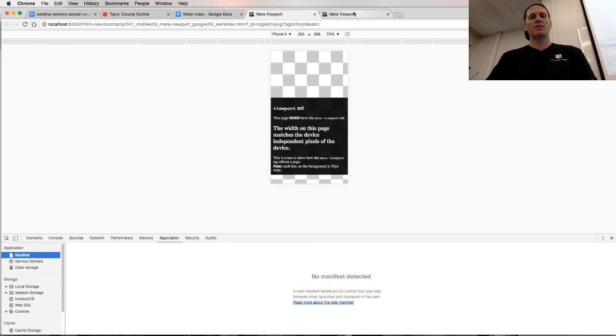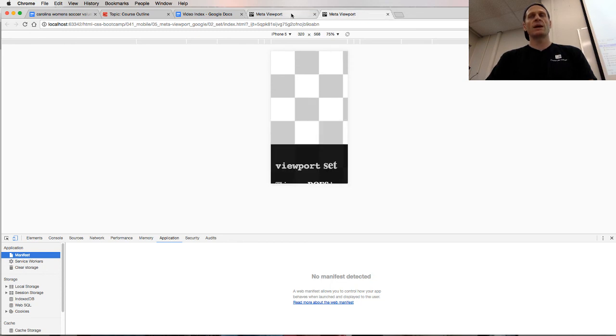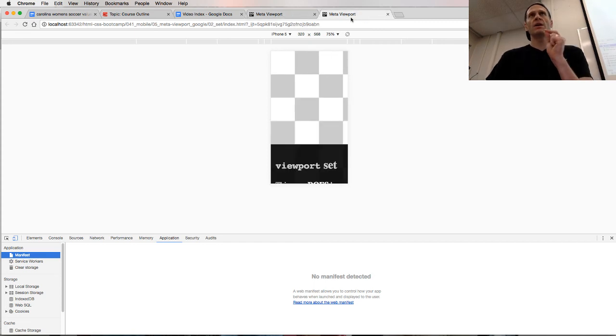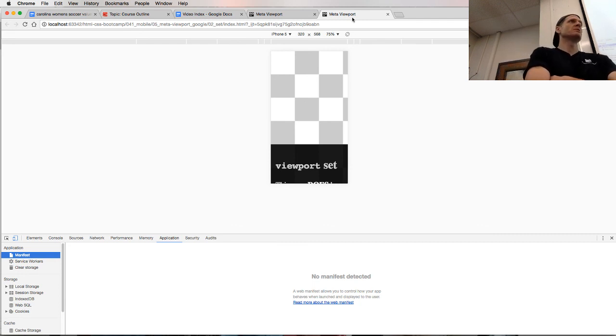So we zoomed in. We were only seeing, like, so now for every CSS pixel, we're taking up 2 device-independent pixels, which on the iPhone 5 are taken up by 4 physical pixels. And so if we have CSS pixels, we only have 160 out of 320. Because for each of our CSS pixels, we're saying take up two